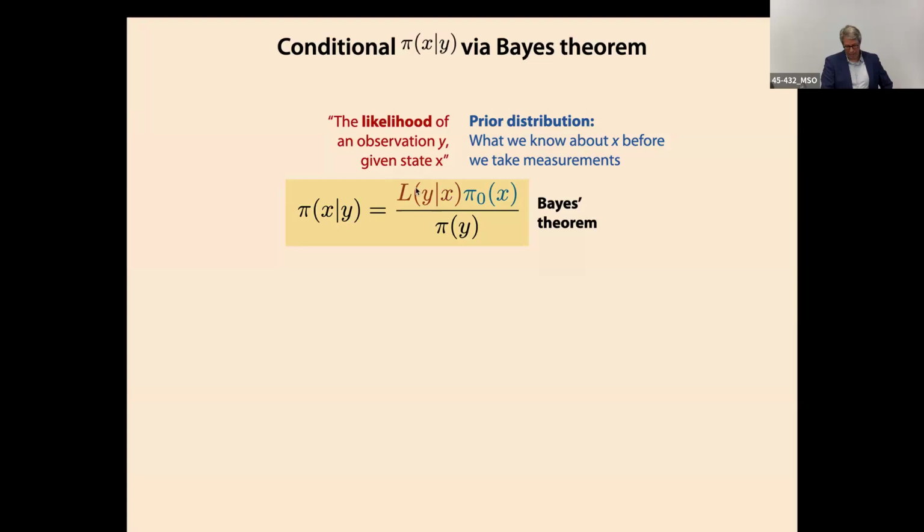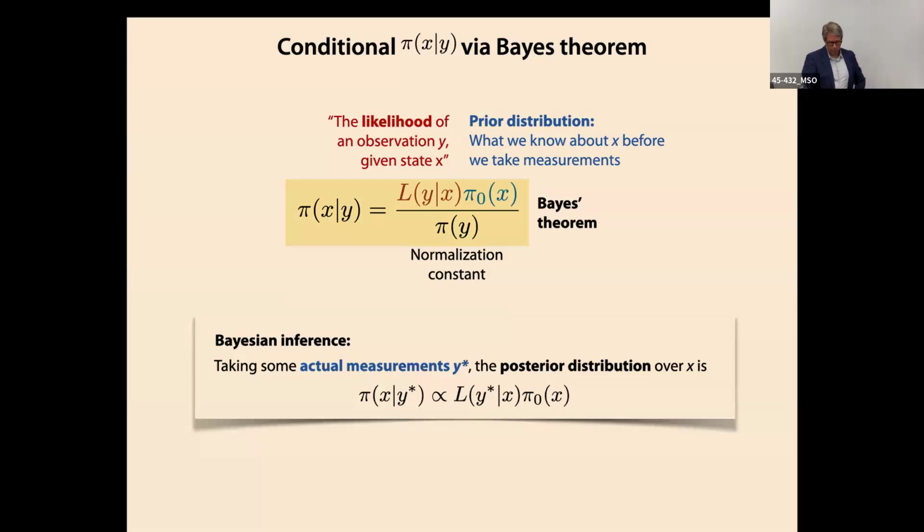So this is something we will have available either from physics or some other operator here. Okay, so the likelihood is easy. So Bayes' theorem is really nicely set up for this. And this thing in the denominator never really bothers us. We never need to know this thing. So really all we care about is that this is proportional, okay? So I have given flow states in here and a y star, which is some actual measurement we've taken with our sensors, then I can get this posterior distribution, x conditional on y star, and that's what I want. I want that thing, okay?